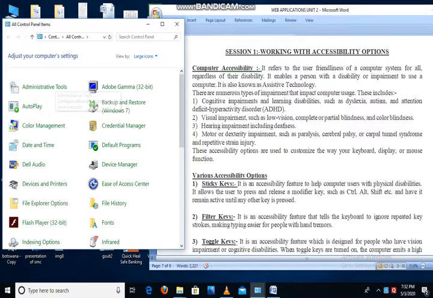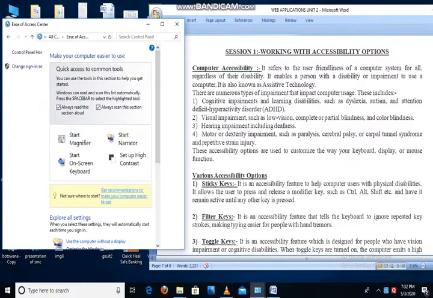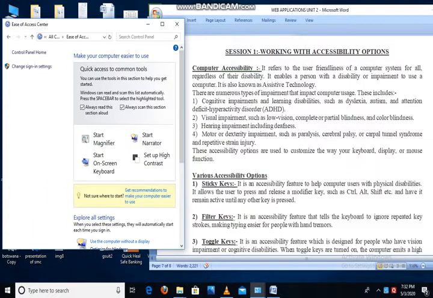Yes, this is the control panel. Generally in the textbook they have given Windows XP. For the Windows XP operating system they have provided the information, but the options are the same, only the display is different. Here the option is Ease of Access Center in the control panel. After opening the control panel, just double click on Ease of Access Center. Here we are going to make changes if we want to use them.